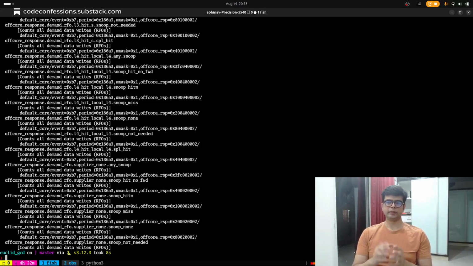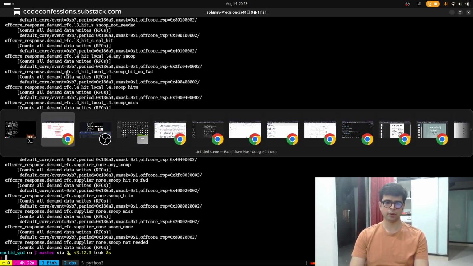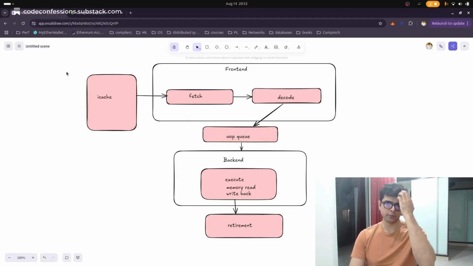So we are going to learn about the top-down analysis technique, a technique for systematic performance debugging at the CPU level, which was designed by Intel. Let's first understand what this top-down analysis is. Basically, our goal is to understand